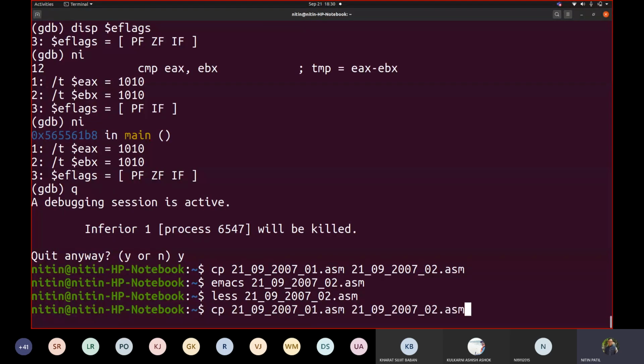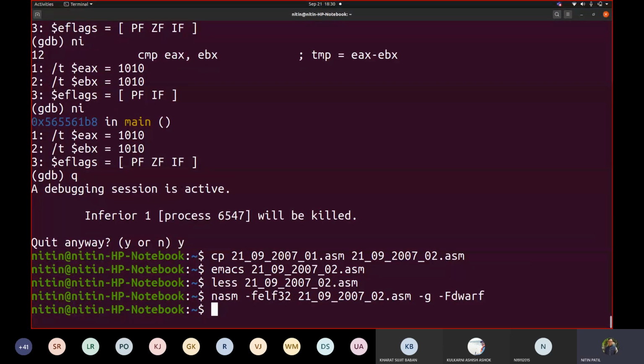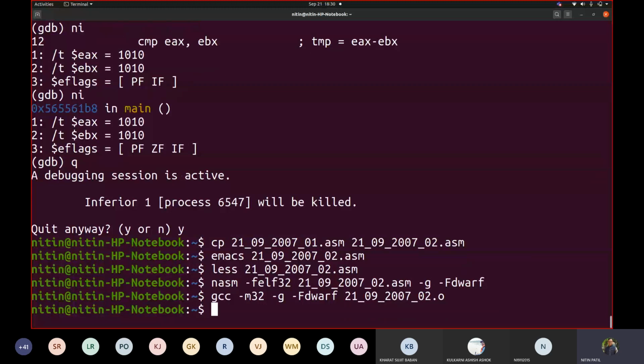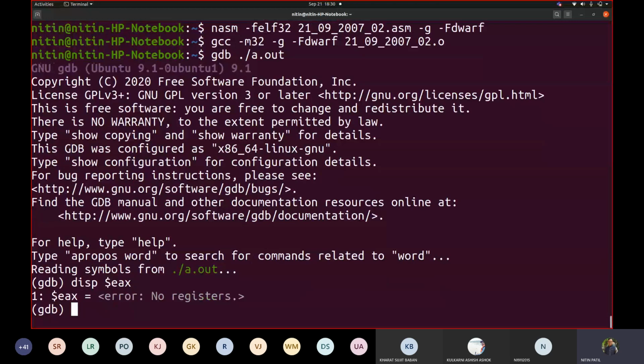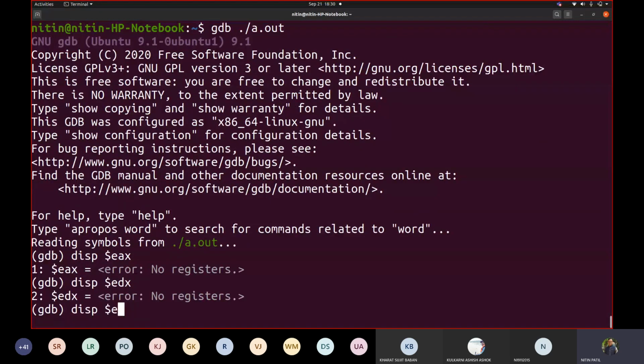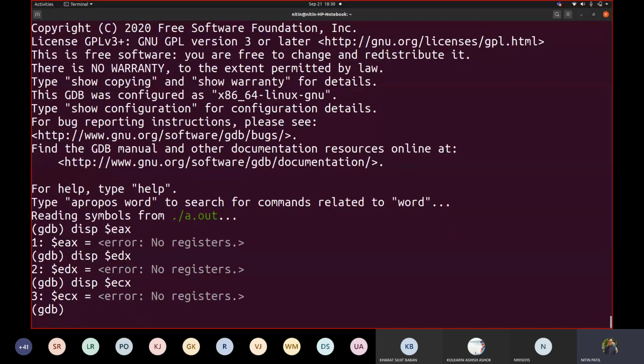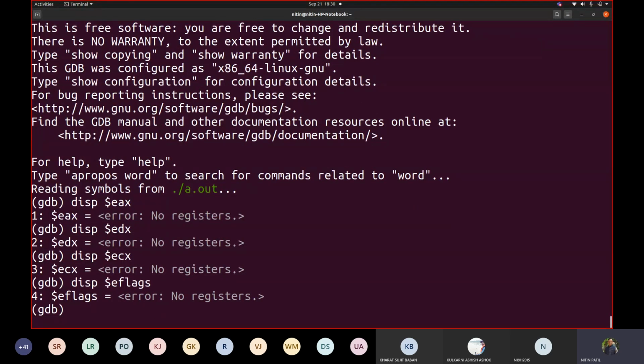So let us assemble the code, link the code, and open it in GDB. Let us display the registers EAX, EDX and ECX because we do have them, and the flags, if we want them to be verified. Okay, let us set a breakpoint at main.